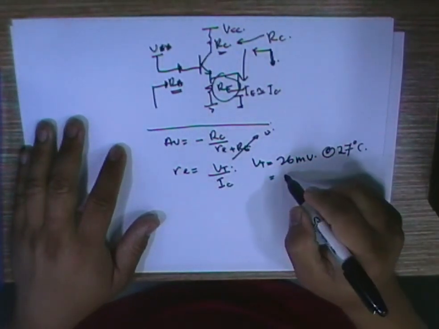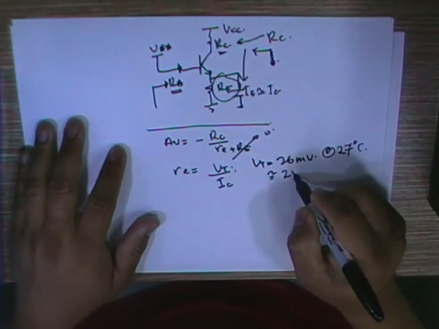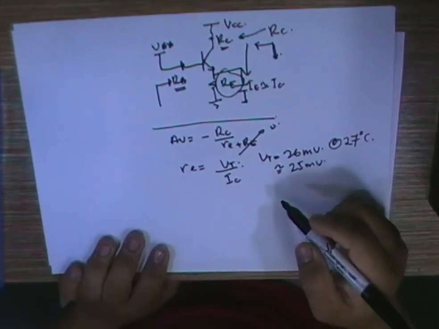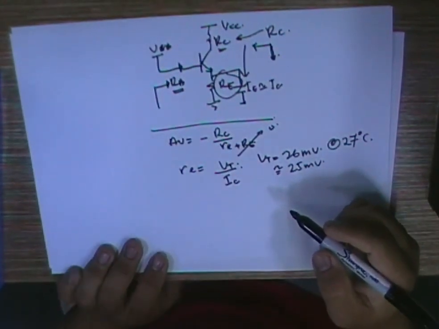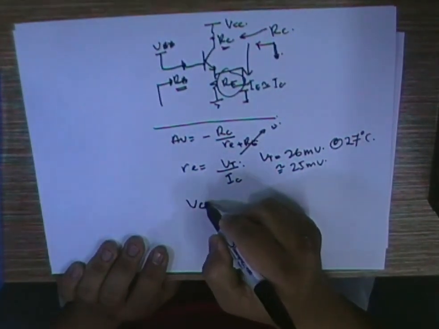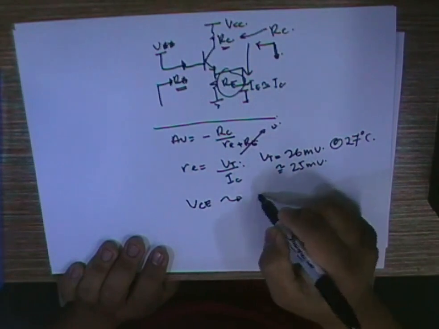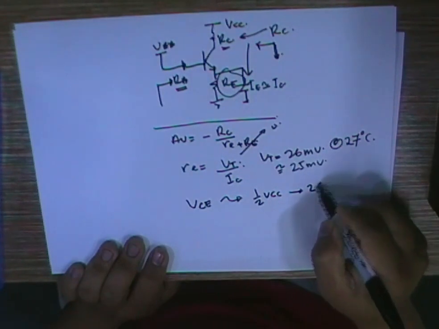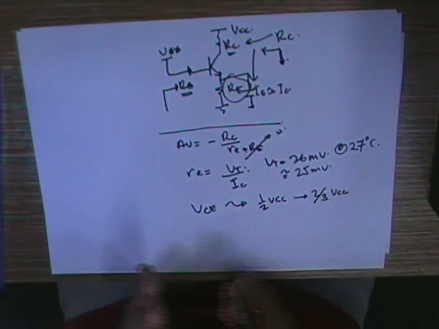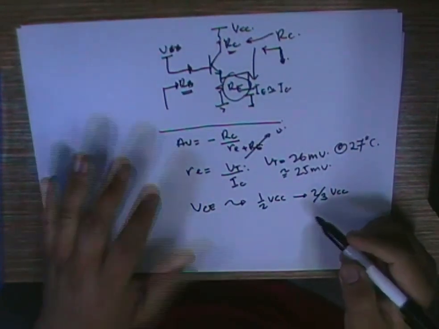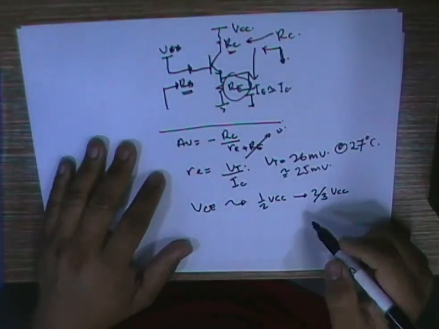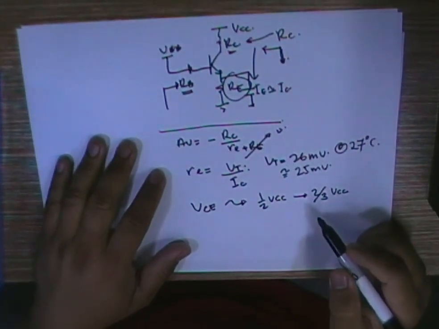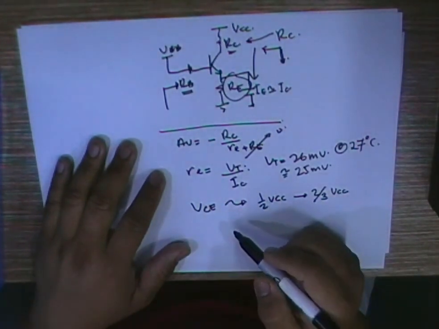So to make our life easy, I will just approximate this thing to be 25 millivolt for easy calculation. As we've seen from the load line, what is required in this is the VCE. It should be in the range of half VCC to about 2/3 of VCC. How do we choose what should be the range? This thing is varying. We need to adjust the RE that will set our VCE so that we get the